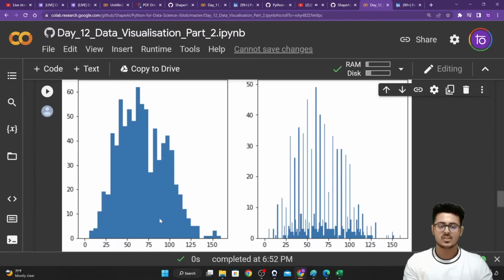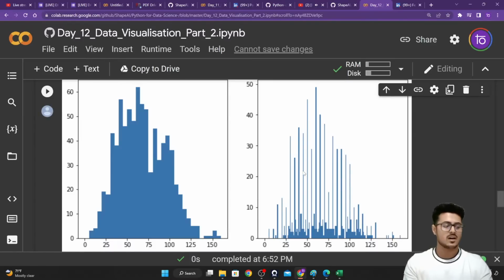From here, when you're having these bins type of structure, you're able to find out that most of the Pokemons lie between 30 to let's assume 75, and then again from 80 to 115. Most of your Pokemons lie in that particular range. But looking at this particular plot where there are like 150 or 200 bins, you're not able to get any information out of this.